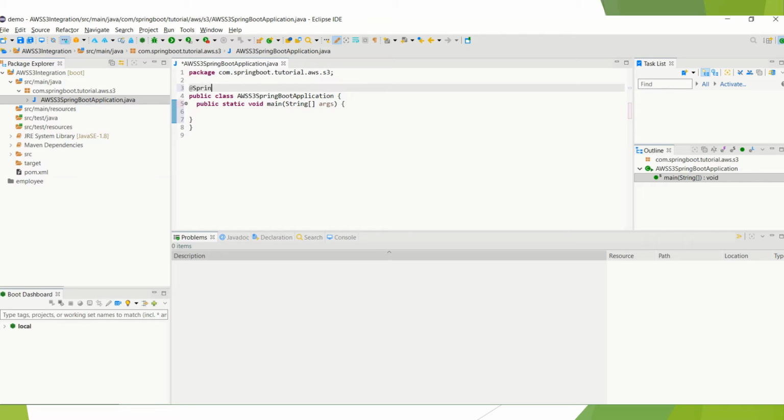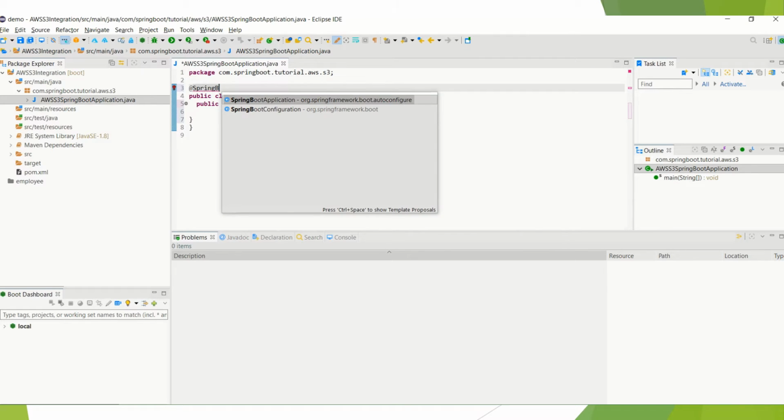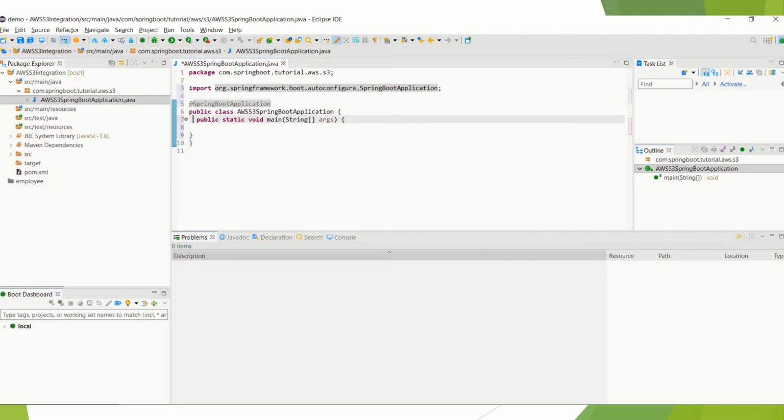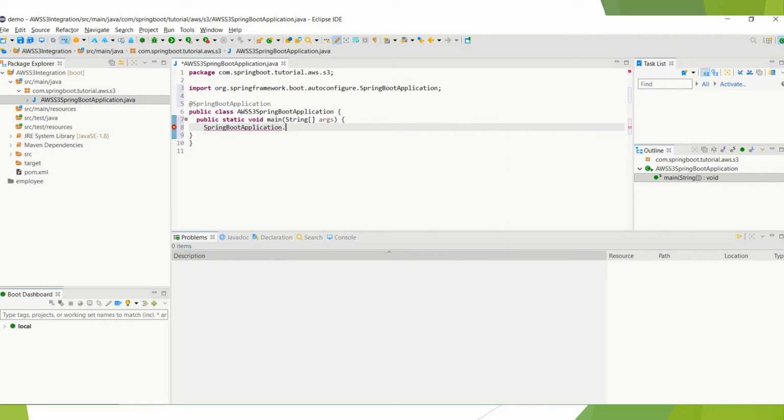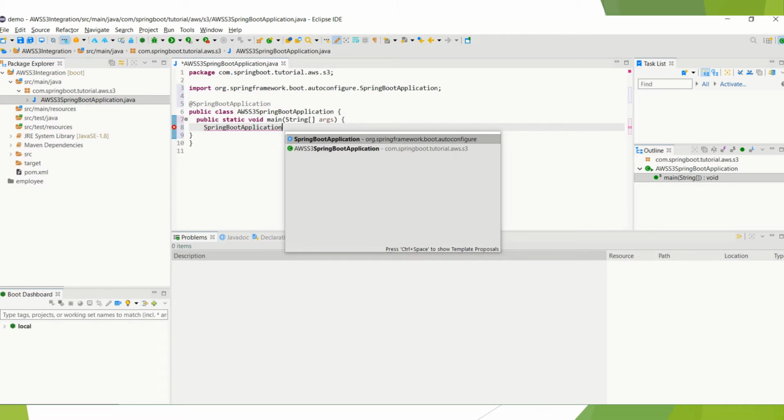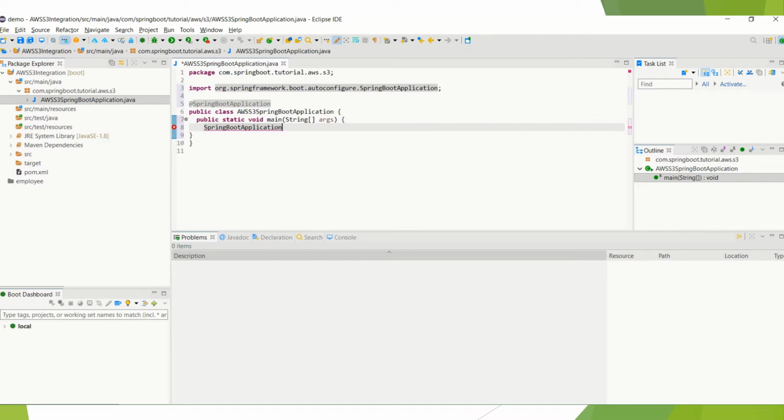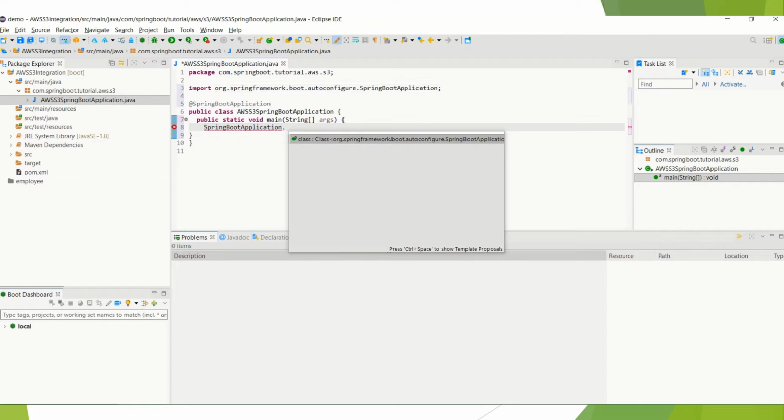So now what we need to do is run the Spring Boot application. So SpringApplication dot run, sorry, let me do one thing.